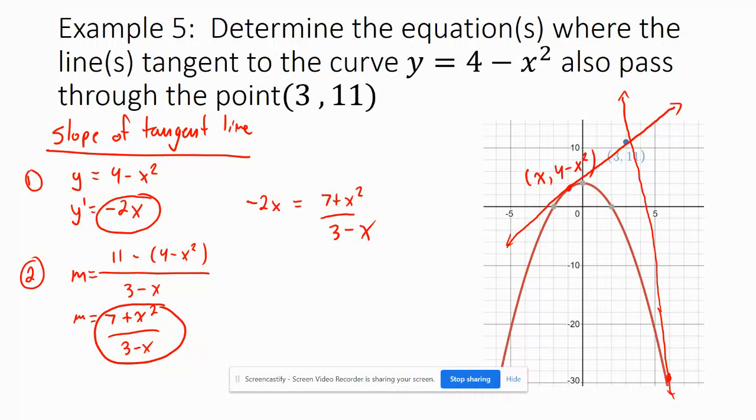So how's this going to work next? We're going to solve this for x. I'm going to multiply both sides of the equation times 3 minus x and multiply this through. That means we get negative 6x